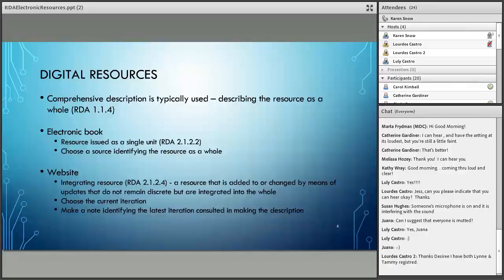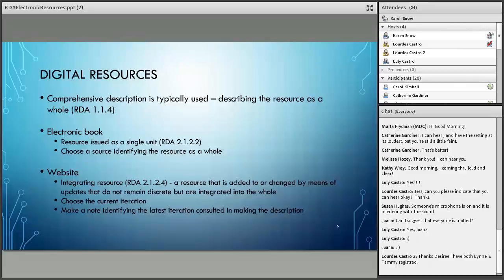Analytical description, a description that describes part of a larger resource, and then hierarchical description that combines a comprehensive description of a whole resource with analytical description. I'm not going to really talk about hierarchical description because that's not something we typically do in traditional library cataloging, but for most electronic resources, we'll be using comprehensive description.